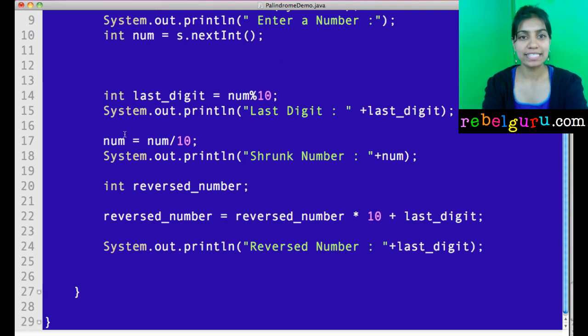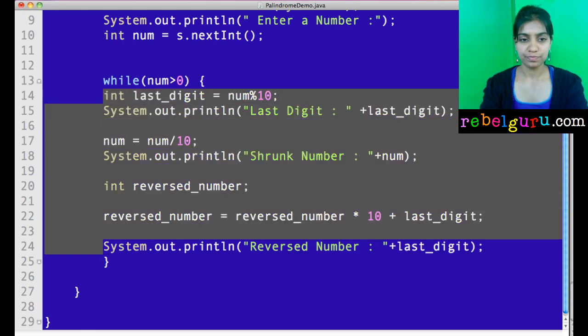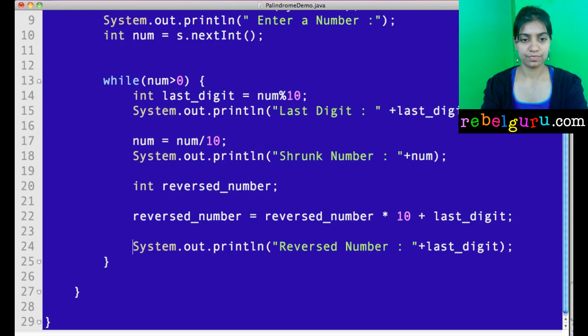So I'm going to use a simple while loop. While number greater than 0. Everything out here is going to be a part of my while loop. Alright, and I'm going to indent it correctly. So, until number is greater than 0, my last digit is going to be found out.